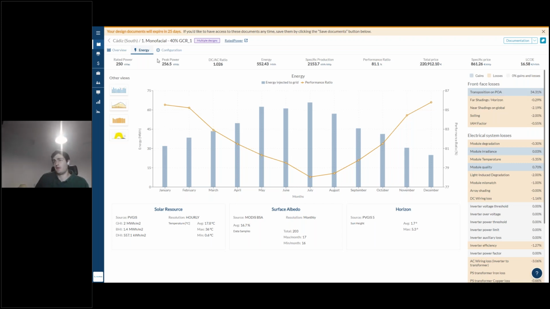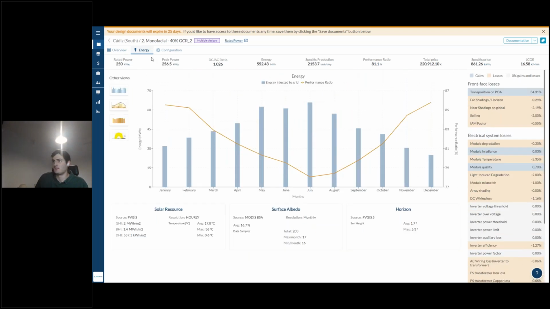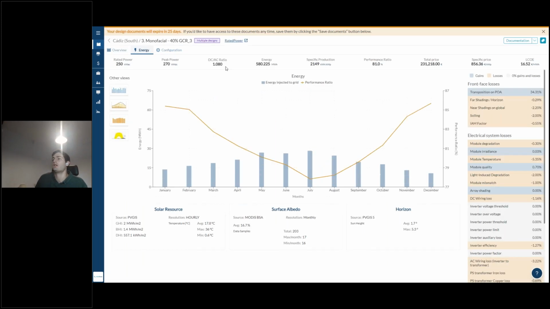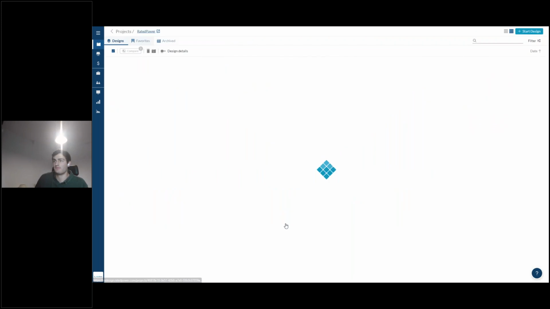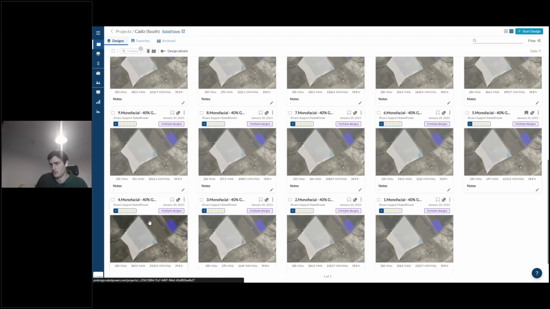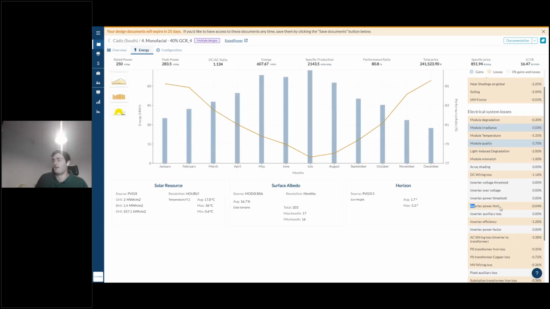As that's not the real operational conditions, if we keep increasing the DC ratio a little bit, not going that high, in this case 1.08, we can see that we still don't have any loss due to the power limit, even if we are oversizing the inverter with the DC power. If I keep increasing the DC ratio to 1.13, here we have a little bit of losses at the inverter,